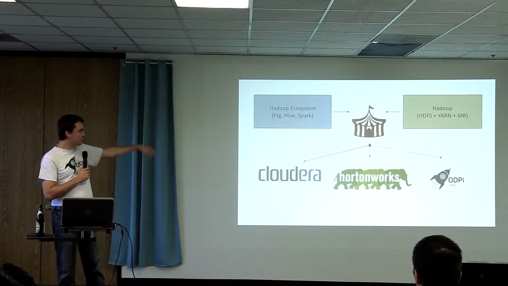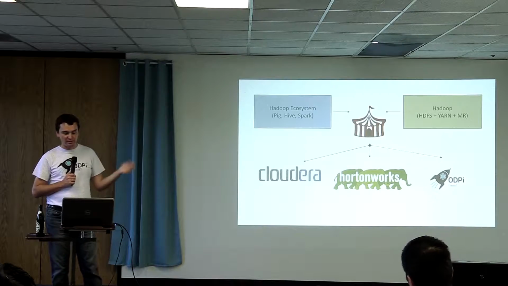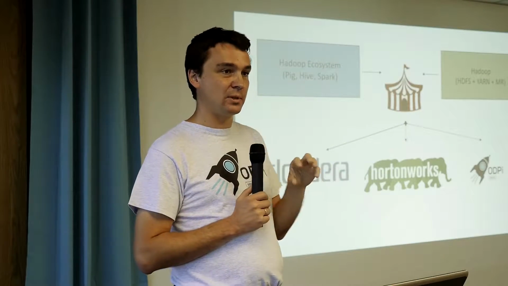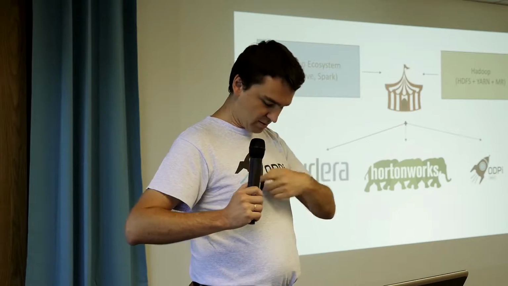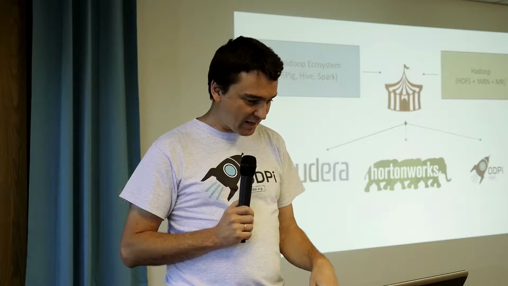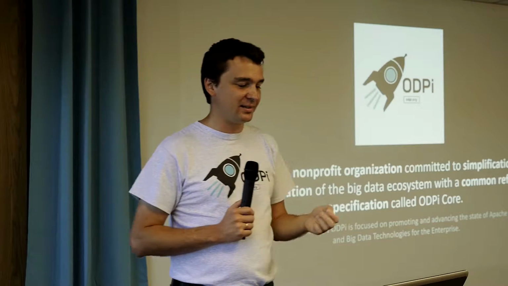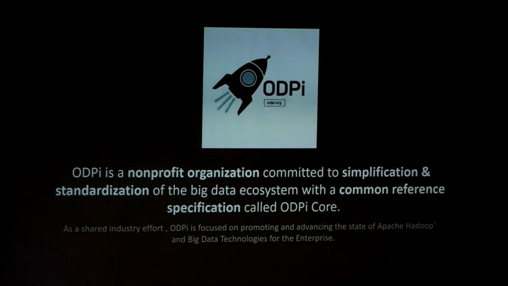So, just like with Debian, we basically have a whole bunch of downstream distributions, Cloudera, Hortonworks, still based on Bigtop. Now, we also have this meta distribution, which I will spend the next maybe 10 minutes talking about, called ODPi. So, this nice rocket ship. So what is ODPi? Well, there is a corporate definition. ODPi is a non-profit organization committed to simplification and standardization of the big data ecosystem by specifying the ODPi